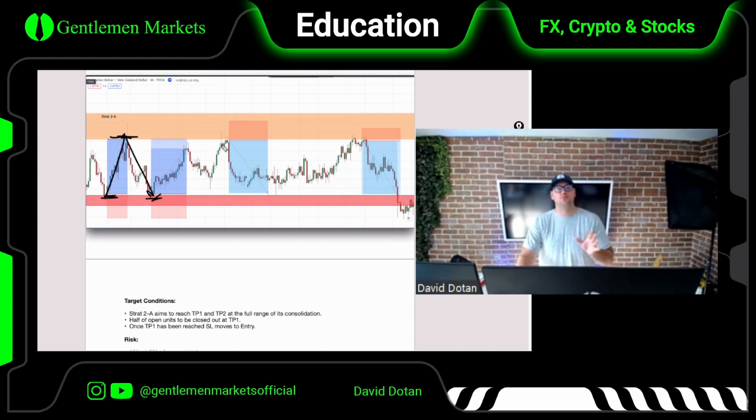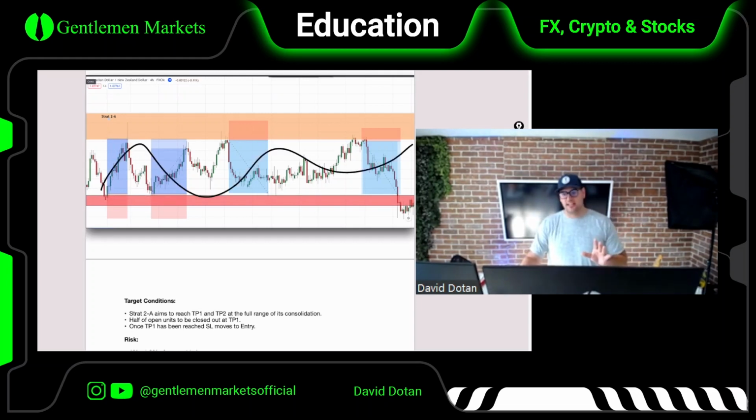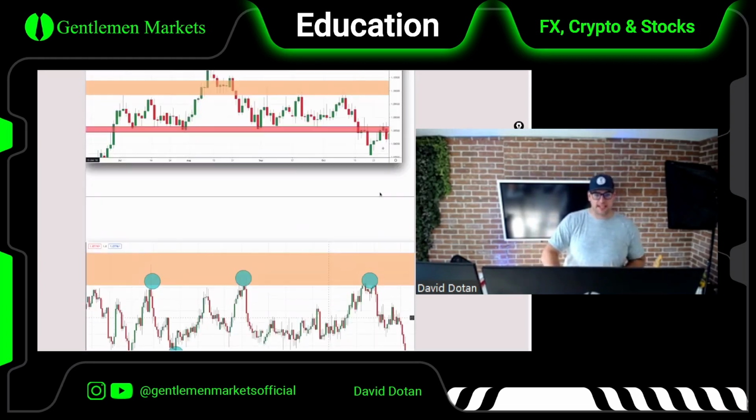And when will these types of trades be entered? When we're in between two levels of significance, when fundamentals are flat. We look for the full range. TP1 will be taken 50% of the way as price moves to entry. That doesn't change at all, ever. However, we look for the full range of consolidation. Now, let's take it to the characteristics.